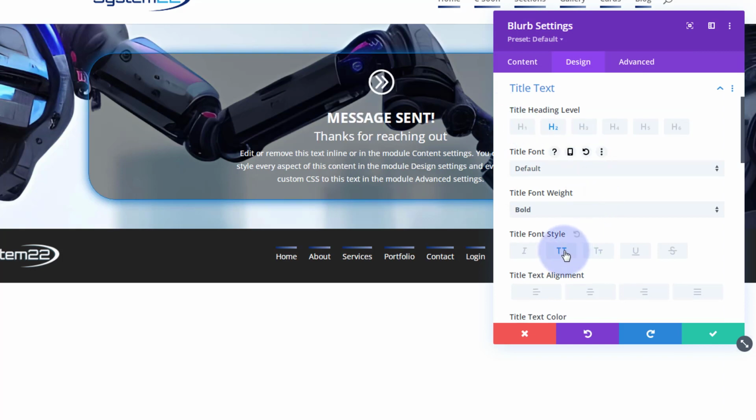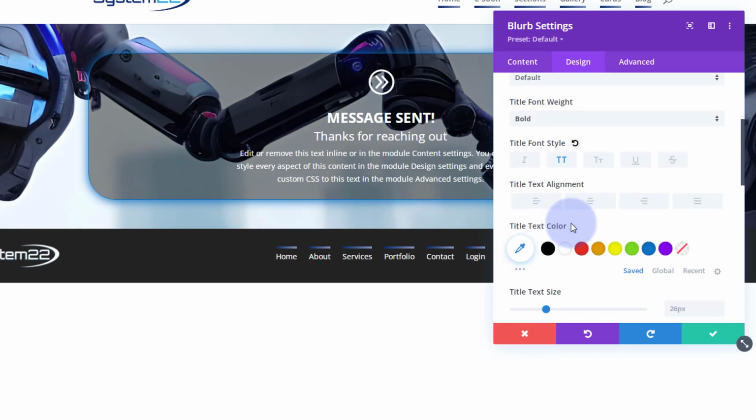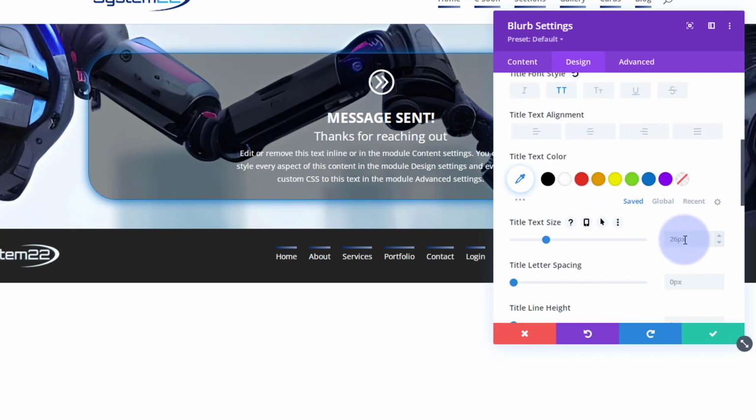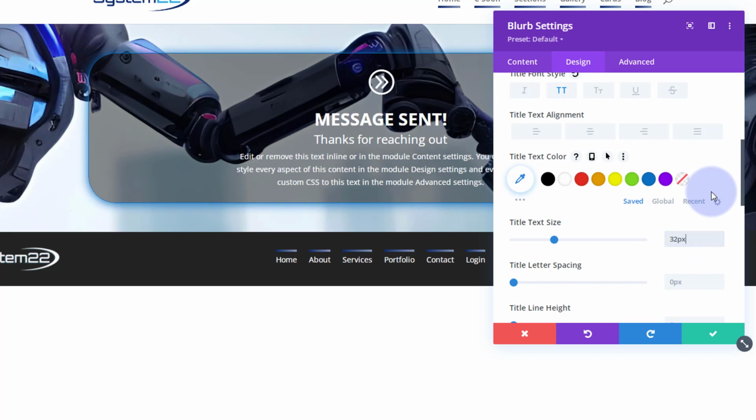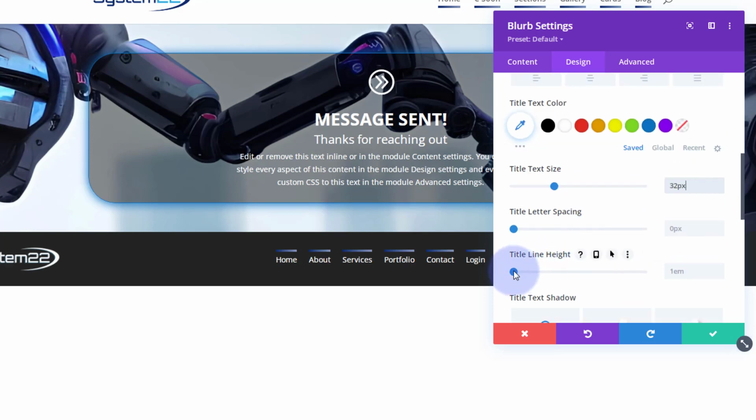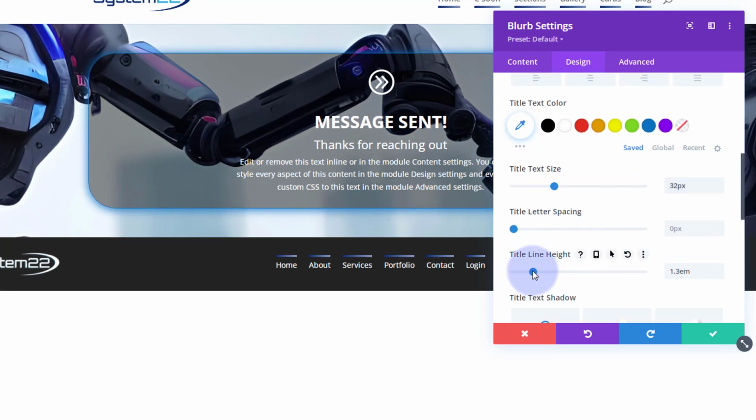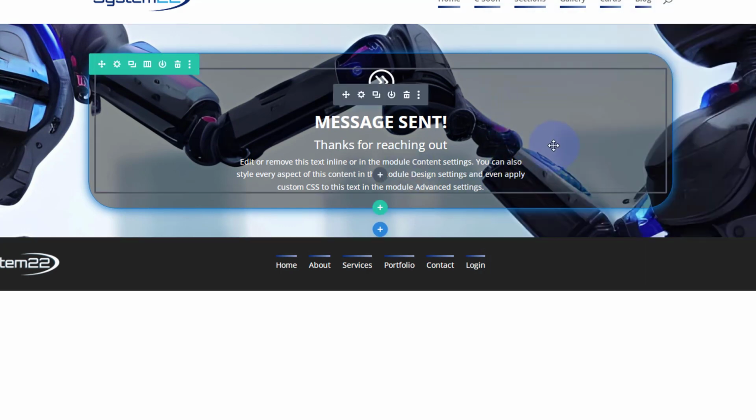I will make it uppercase. I think I will make it a little bit bigger. So if we roll down, there's 26. I'm going to make mine say 32. Obviously adjust yours as you want to. And if you want to spread it out a bit, we can up the line height just a little bit on there. Great, well that's looking good. I think I might darken down that background of that row in a minute, but first